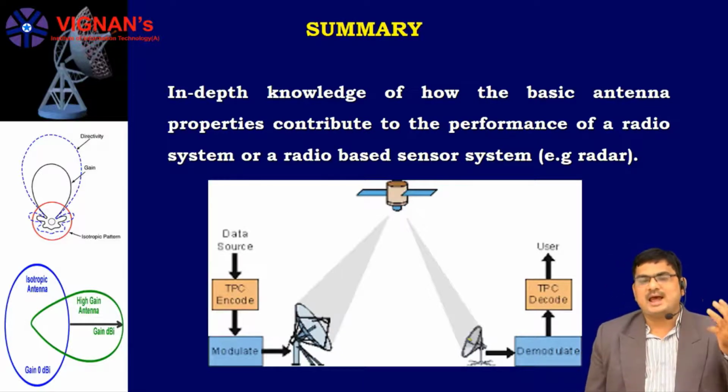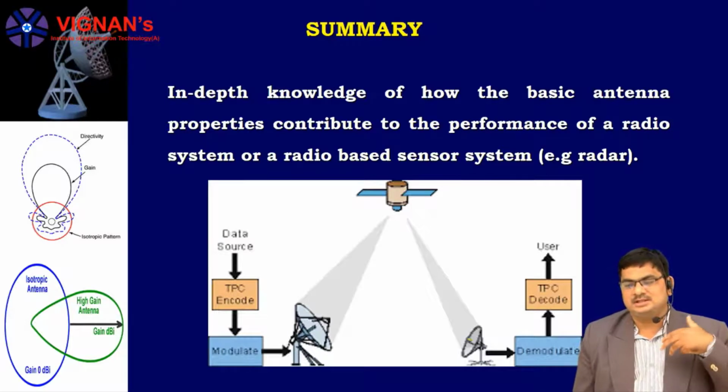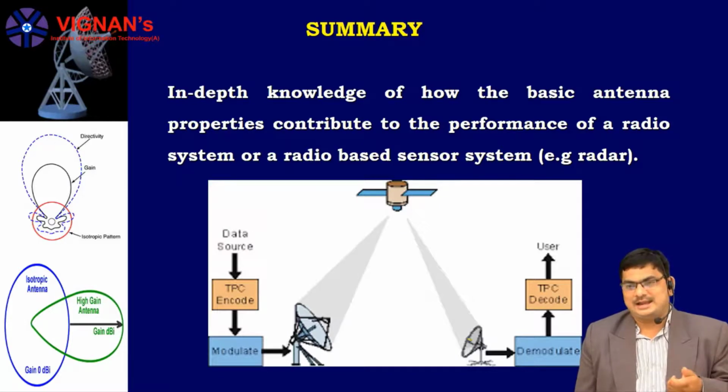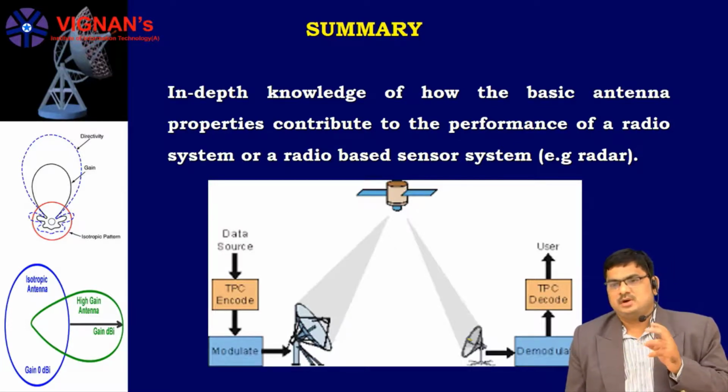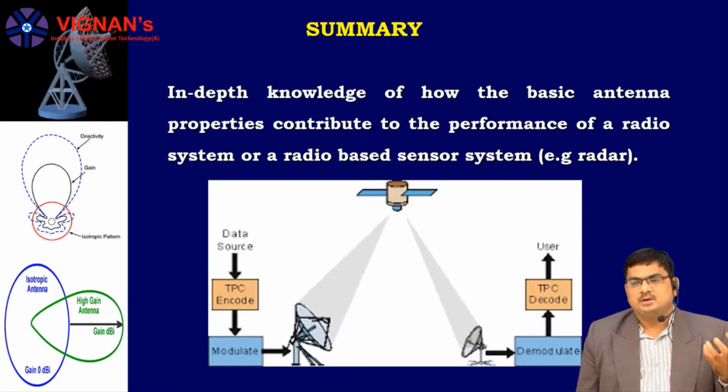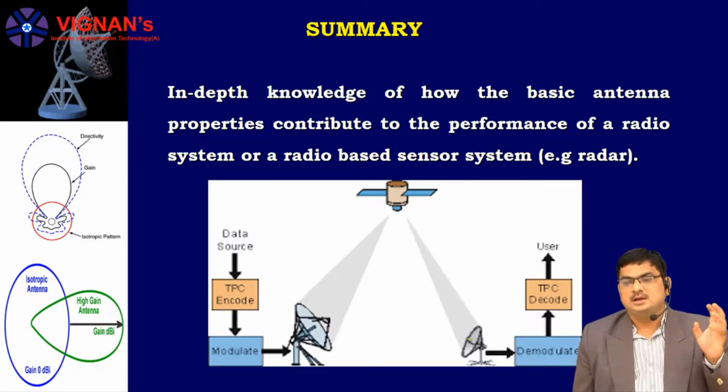To summarize the whole concept today in this lecture, first we discussed the antenna impedance. Antenna impedance is defined as the ratio of the voltage given to the current, and it is a complex quantity, so ZA is equal to RA plus jXA. After that we discussed the bandwidth. Bandwidth is defined as the frequency range over which the specified characteristics of your antenna are maintained. That is the bandwidth definition.